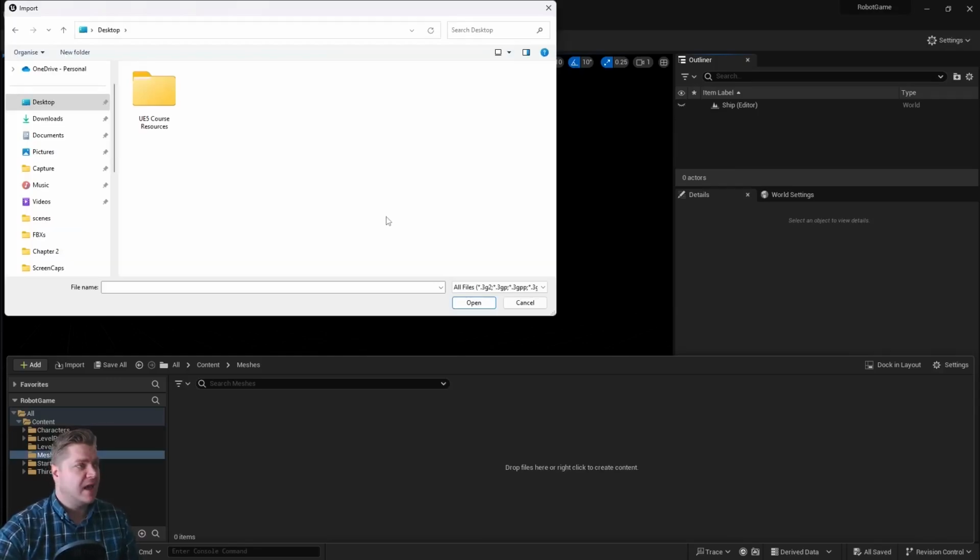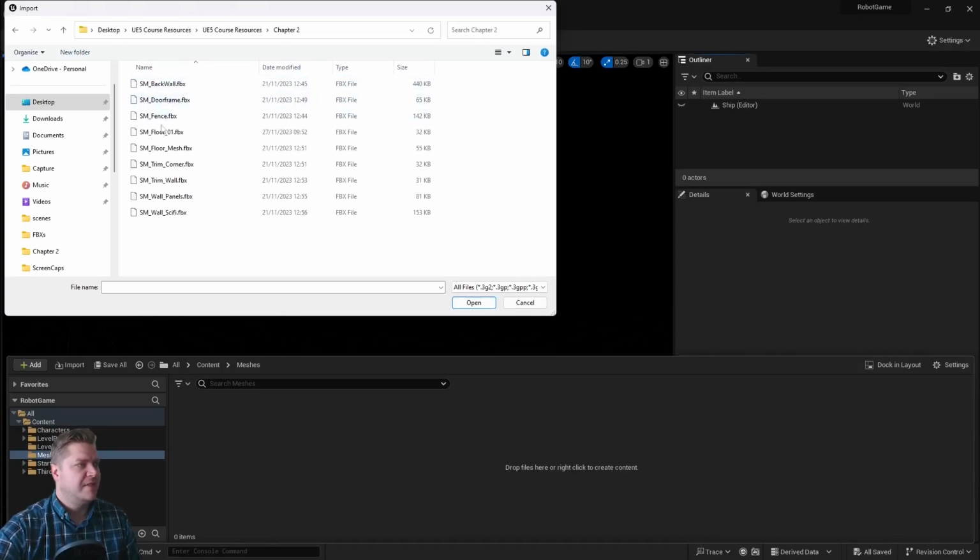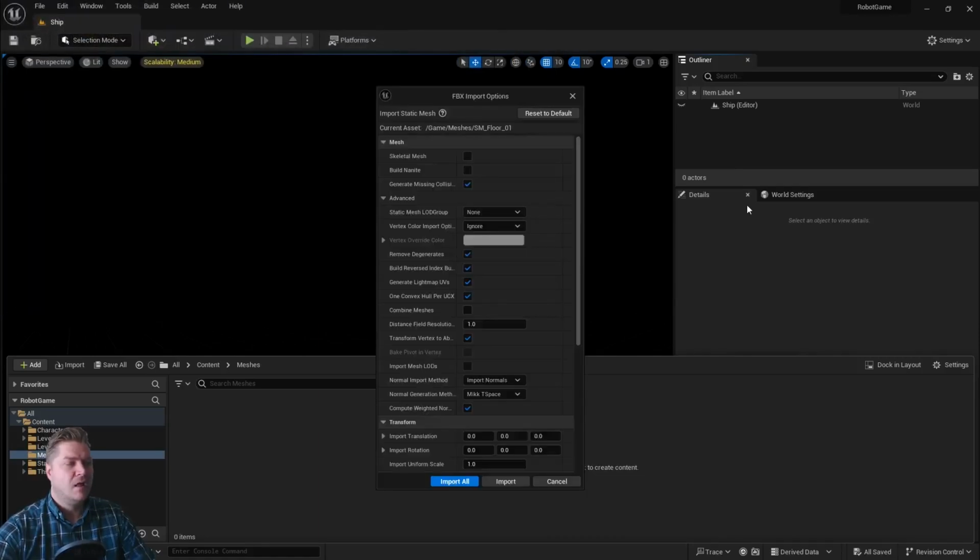And then it brings up this dialog, and you can see that I'm on my desktop here. Here's the folder that I've just extracted, so we'll go in there. And in the chapter 2 folder, we're looking for this mesh here. So it's sm_floor_1, and the SM denotes that it's a static mesh, just in case you wanted to know what that naming convention was all about. So we're going to open that, and then we are greeted with the FBX import options,